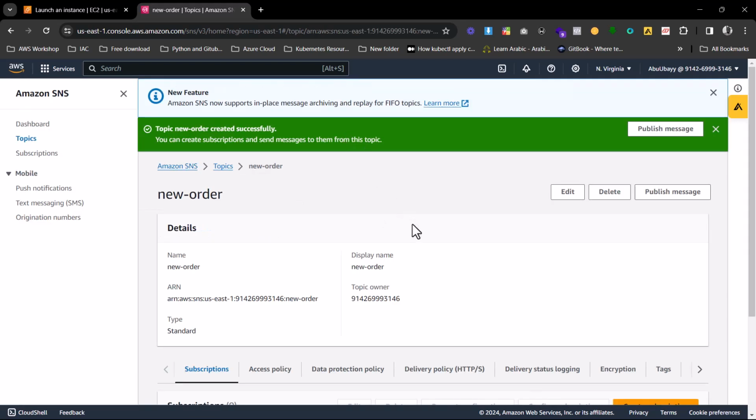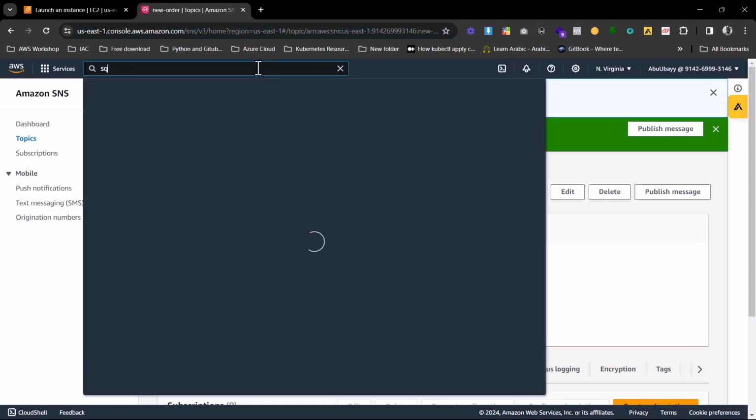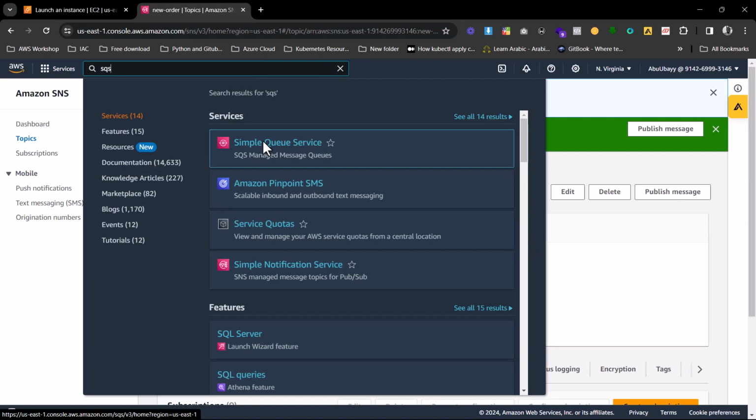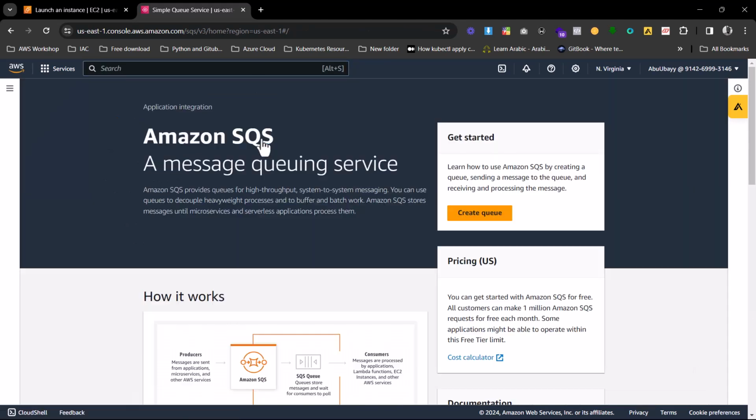So since we are sure that our topic has been created, the next thing I'm going to do is go to the console and create the SQS service that is going to subscribe to this topic. So inside the search console, I will type in SQS. So I will double click on the Simple Queue Service. Now we are on the SQS dashboard, and we are going to create an Amazon SQS queue that will subscribe to the topic. So I'm going to click on create queue,